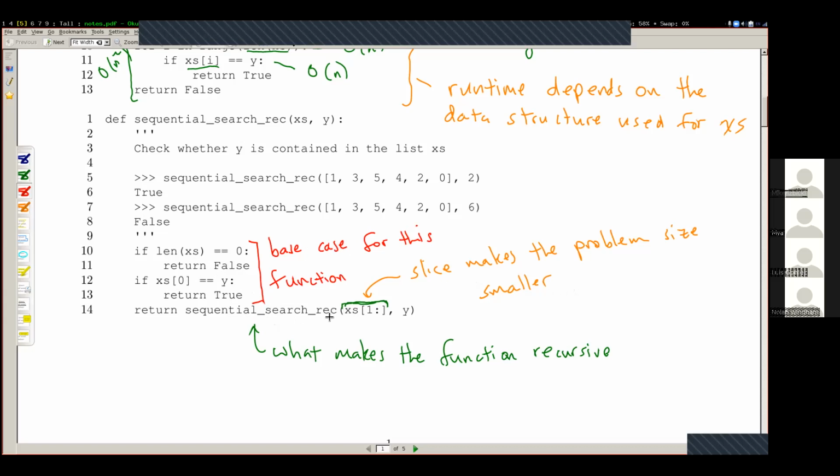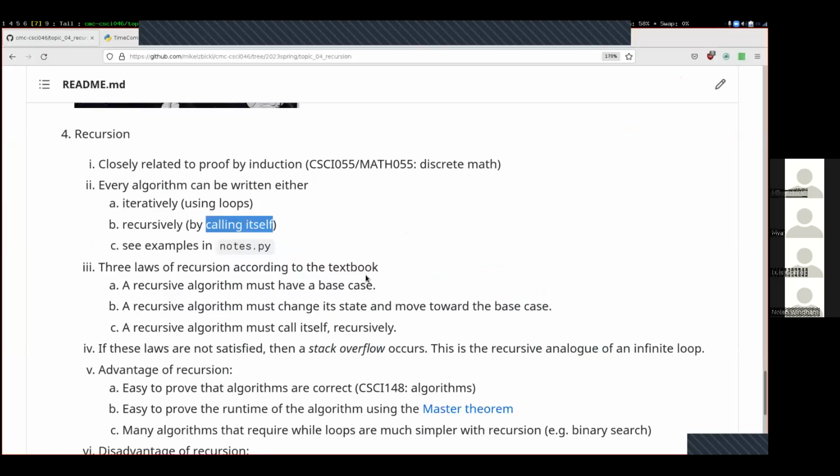Again, these 2 things, the recursive call with the problem size getting smaller, plus a base case, are what you must have for your recursive functions to work. Your next programming assignment, your next homework, is going to have you implementing recursion, and the most common cause of mistakes is the slice right here not making the problem smaller, or not having a base case up here. We'll walk through this example more next time, but before we get there,